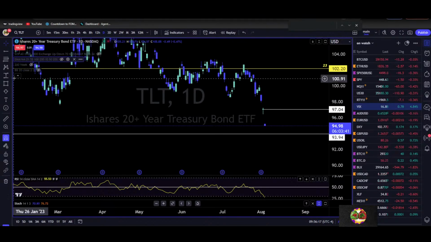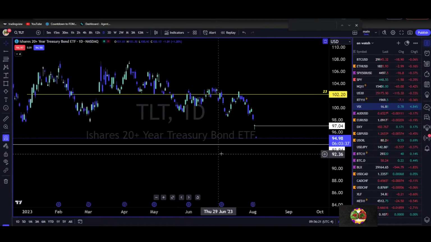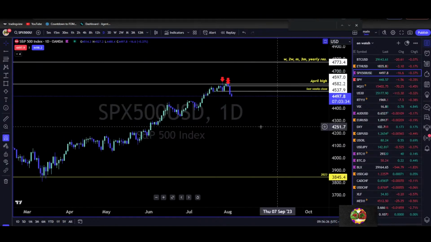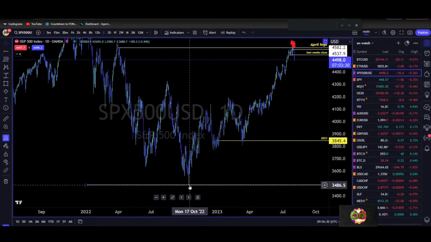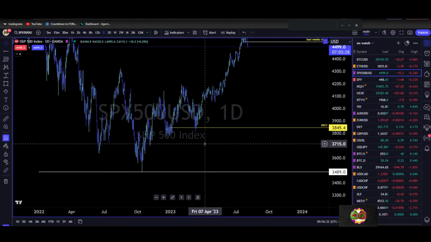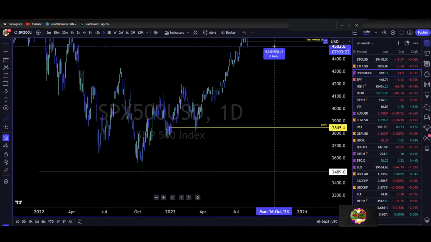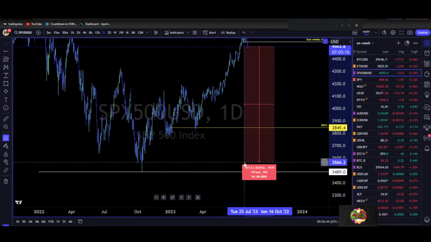Yeah, we may see risk assets tumble, ladies and gentlemen. Getting downgraded is not good. It is not good. And the last time it happened, we went down 20%. If we go down 20% again, guess what? We're going to be at the lows. Close to the lows. So yeah,